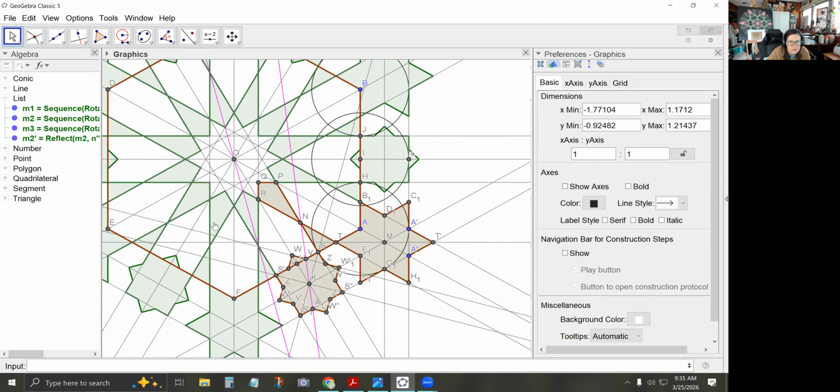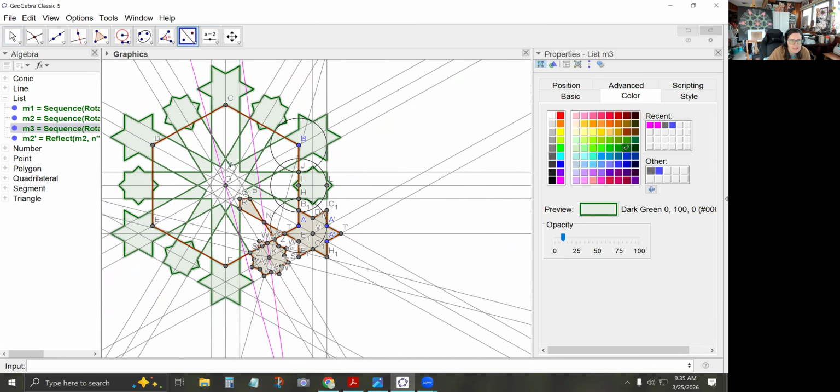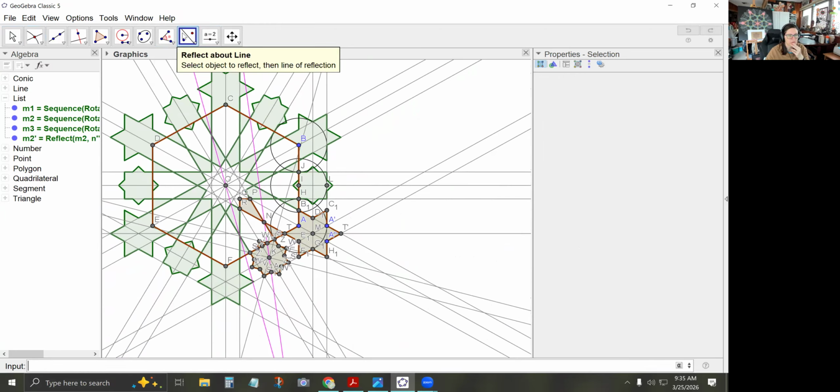So then what I'm going to do is I want to take that sequence and reflect it over, oops. Let's take all of those sequences actually. Yeah, okay. So rather than use the reflect outline tool, let's use a command. So I want to reflect M1, M2, M2 prime, and M3 about